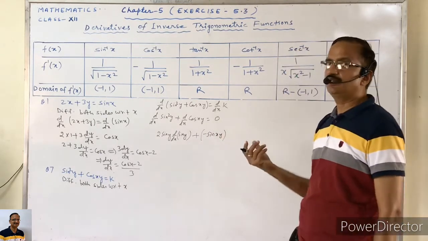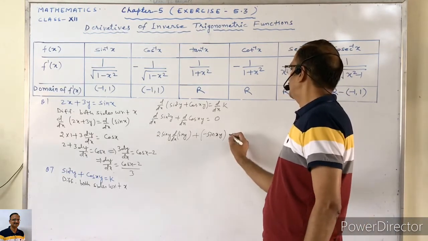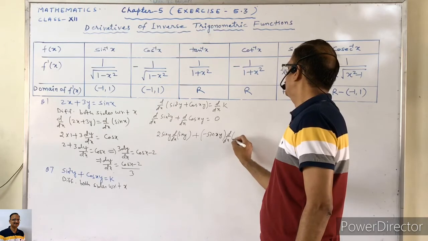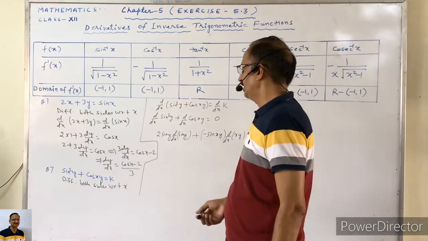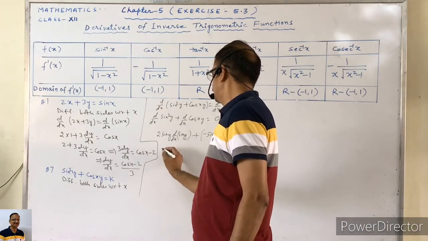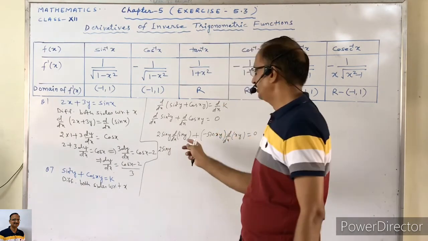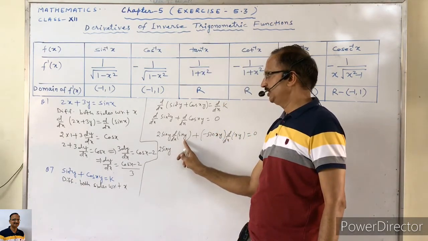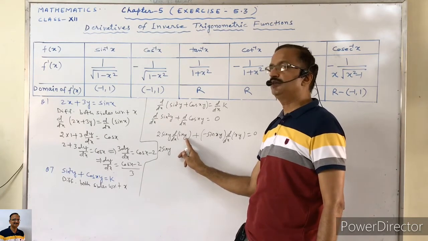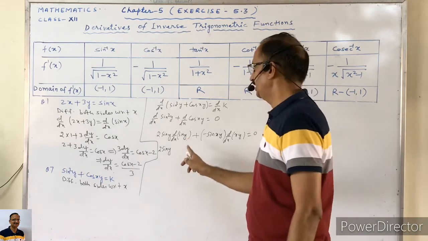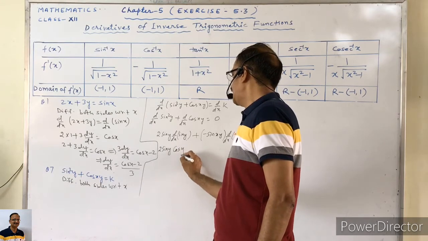अब जिसको x माना है, किसको x माना हमने? xy को, उसका डिफरेंशिएशन प्रोडक्ट में आएगा. So we will write d by dx of xy equals to 0. Now after further differentiation we will get 2 sin y. Now the differentiation of this sin y, for the time being let us suppose that this y is x. इस y को x treat करेंगे और differentiation करेंगे. Then the differentiation of sin x is cos x.